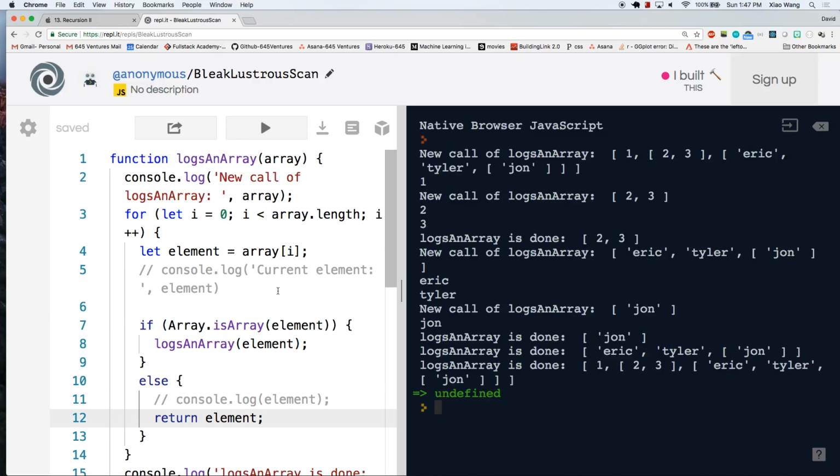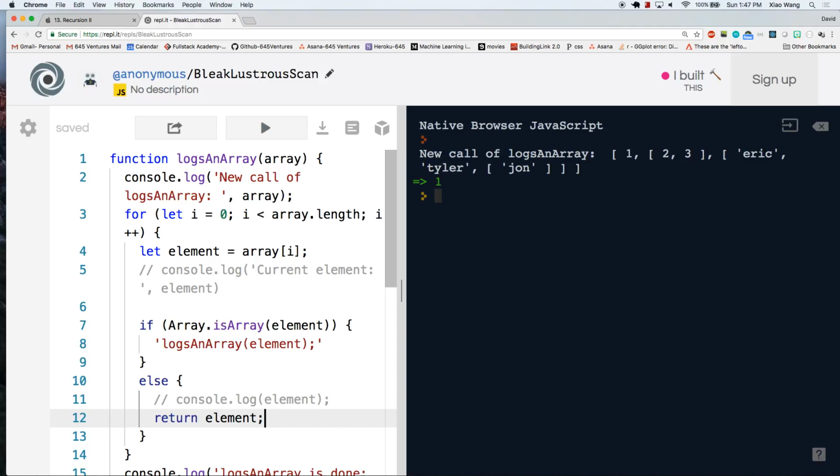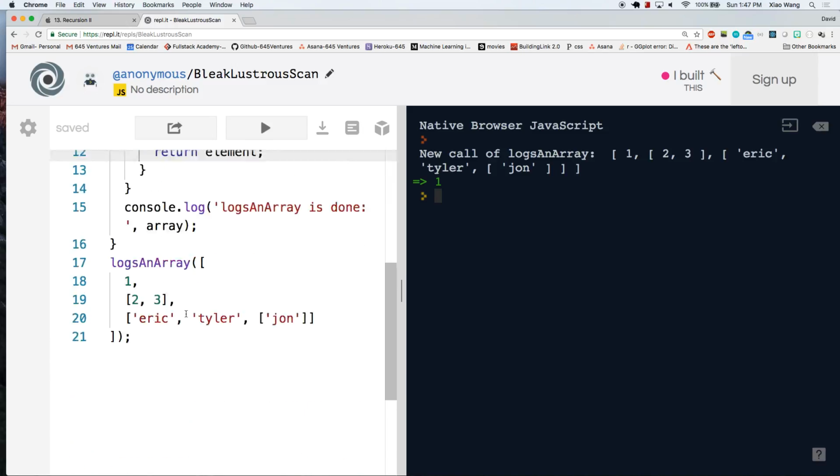The only question is, let's say I return Eric's name here, right? This will become Eric, but we never do anything with it. There's no return Eric here. It's just there. So basically, as soon as we get it, it disappears. So if we do a return element here, nothing's going to print out except for the very last thing that we process.